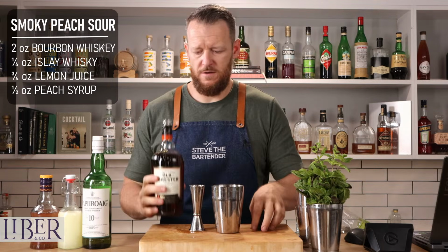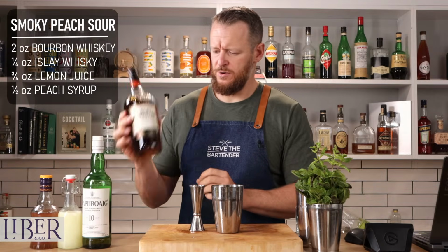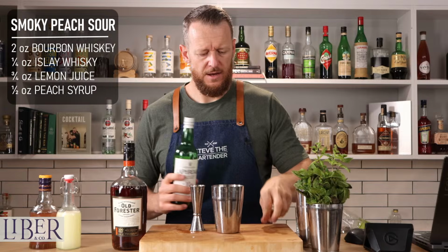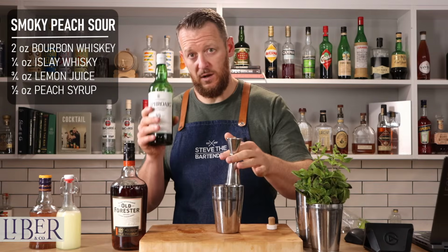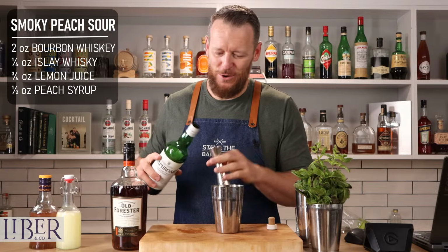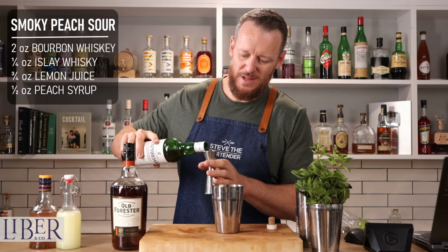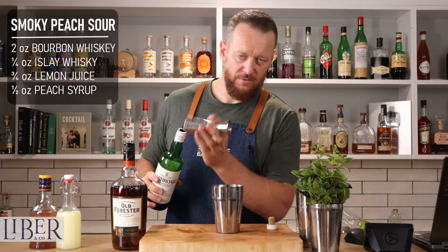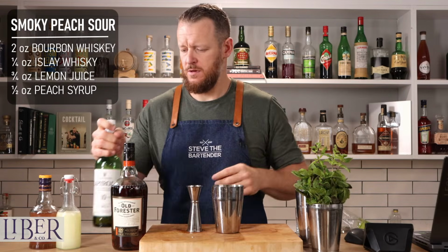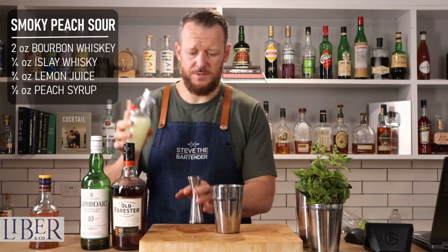2 ounces of your choice of bourbon. This one sits at 50%, 100 proof. Now I tried this with half an ounce of Islay whiskey. I liked it. My wife was like, no way. So depending on how much smoke you like, you can vary this up. So 1/4 ounce of an Islay whiskey, 3/4 ounce of lemon juice,